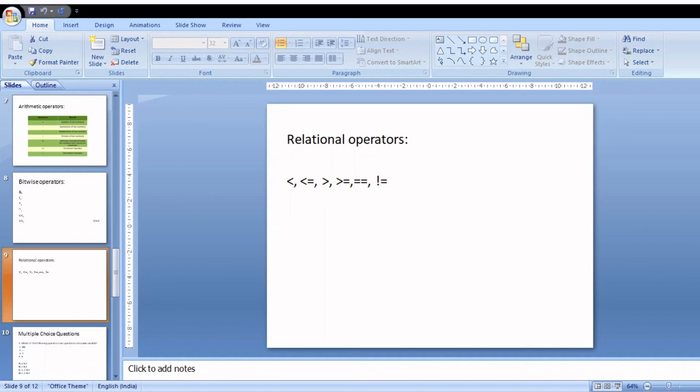For example, there is a statement like person instance of student. It becomes true if the object person belongs to the class student, if it's an instance of the class student. Otherwise, it is false. Thank you.